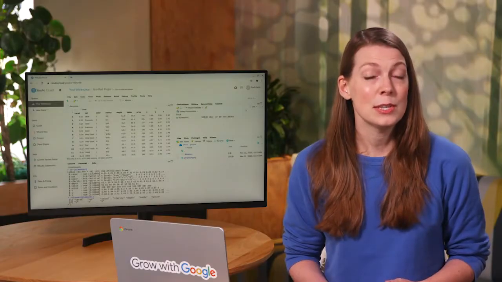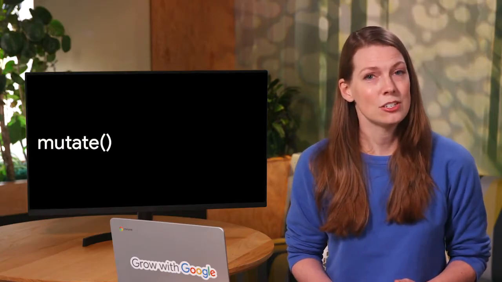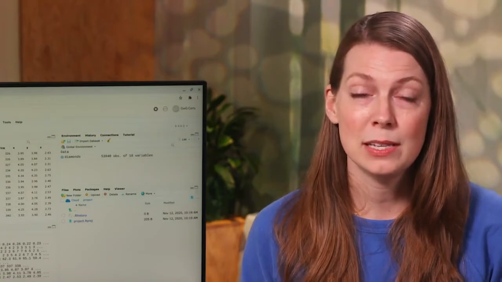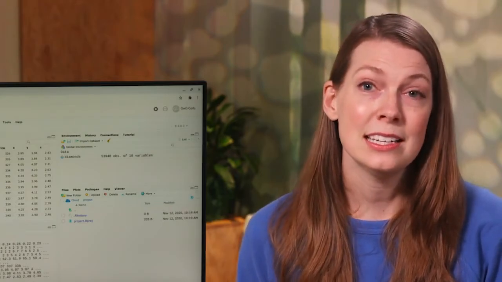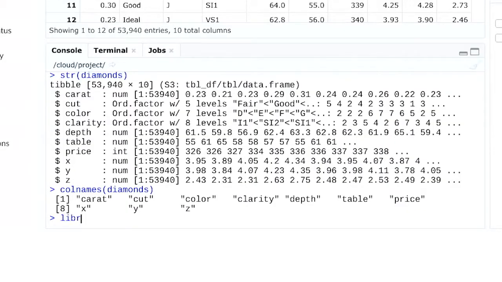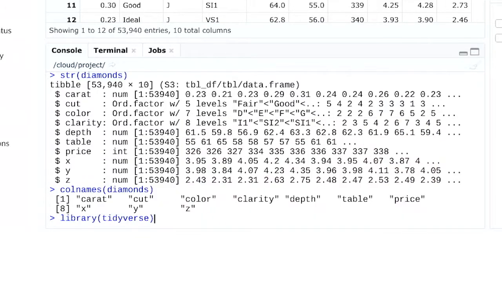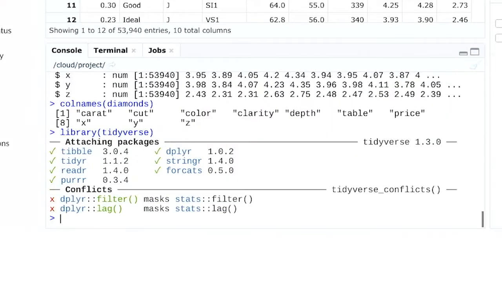We can also use the mutate function to make changes to our data frame. The mutate function is part of the dplyr package, which is in the tidyverse. So you'll need to load the tidyverse library before you test out mutate. Let's add a new column first. All we have to do is input mutate and then tell R we want to add a new column to